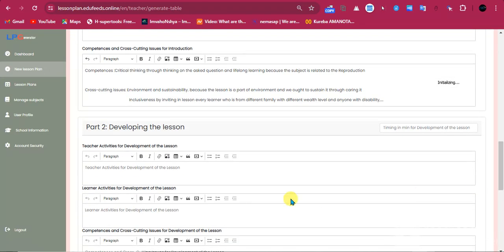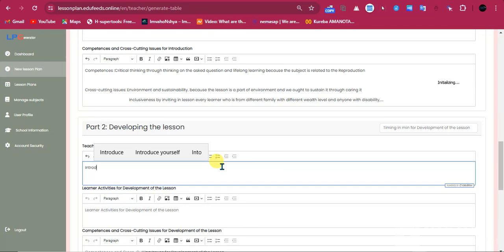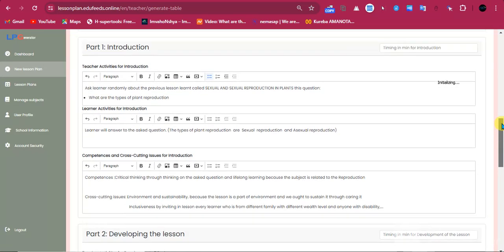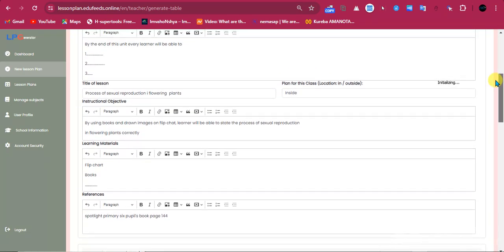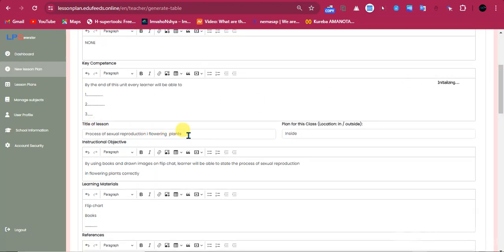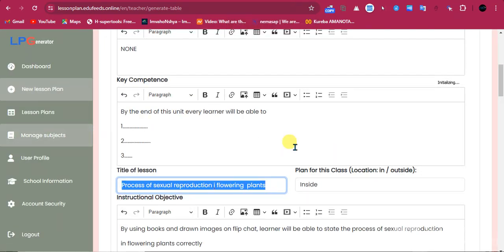So in the development, the teacher introduces to learners the process, as the lesson states up here, what you are going to teach, the title of the lesson.